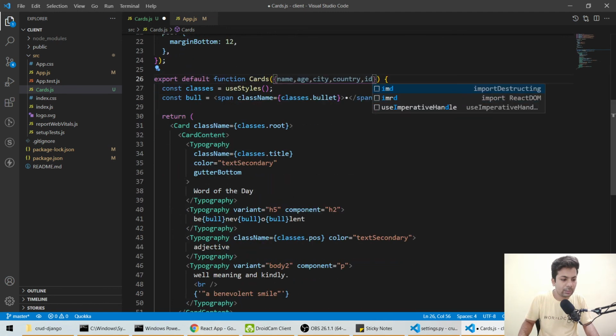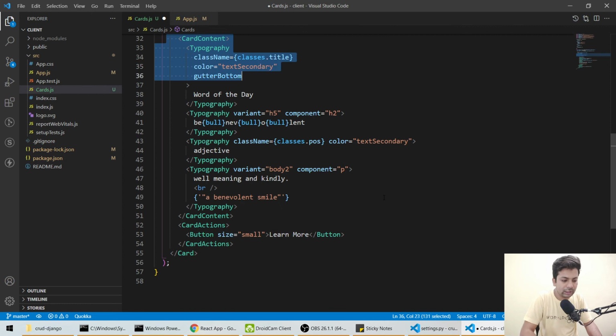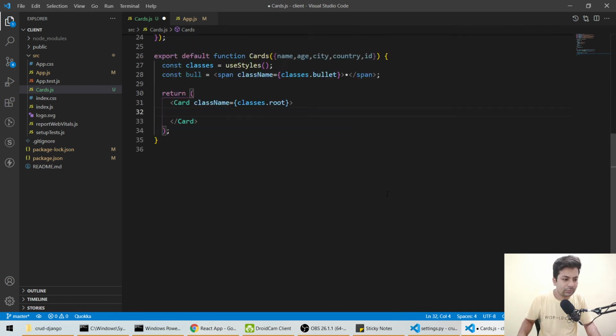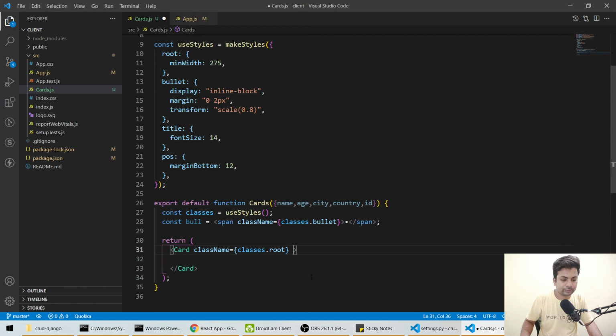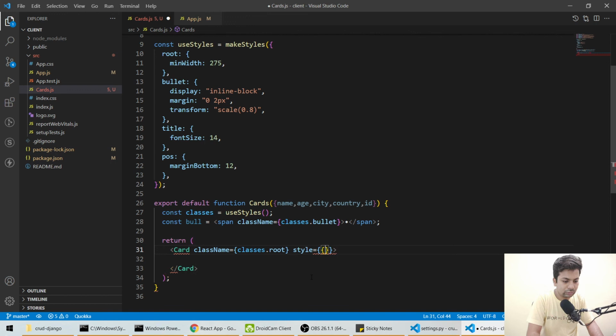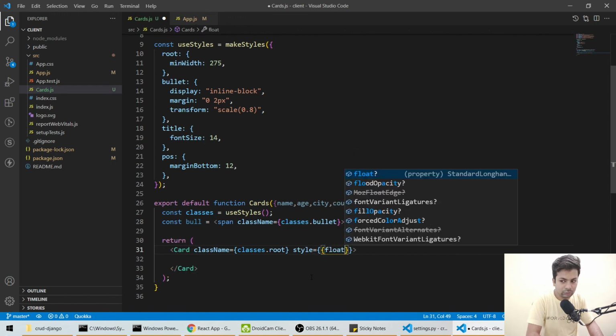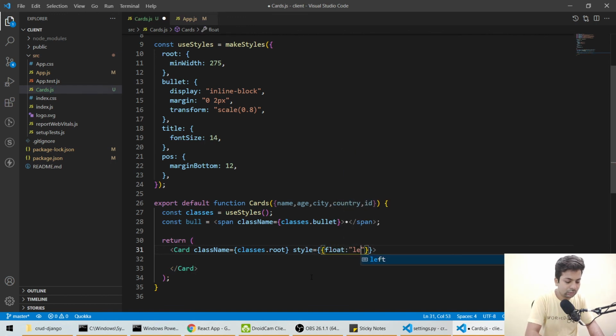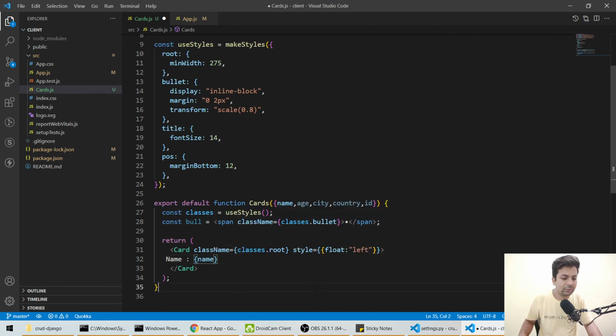Now we'll remove the whole of it, we don't need it. For some styling, we'll say style equals float colon left. Now we'll show these values. We'll say name, and here name, which we get from above.